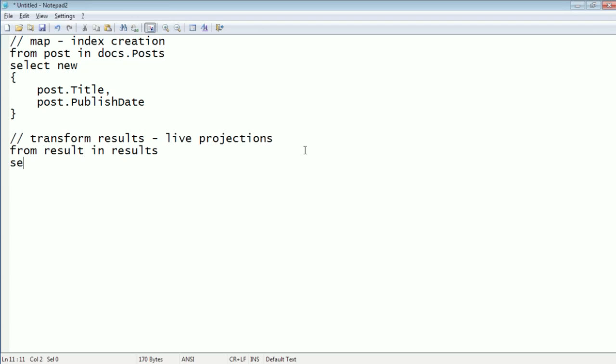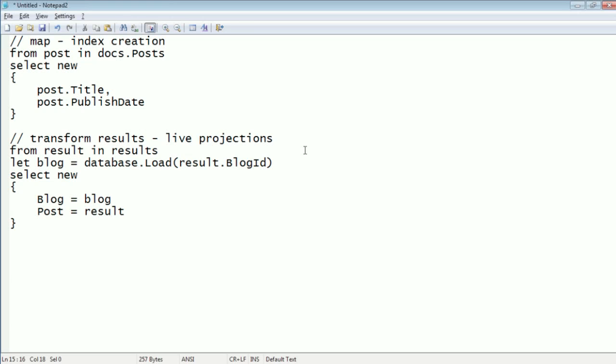From result in results, let's say that I want to say something like select, let blog equal database.Load(result.BlogId), select new, blog equal blog, post equal result. What we have done here is basically create a join between the post and